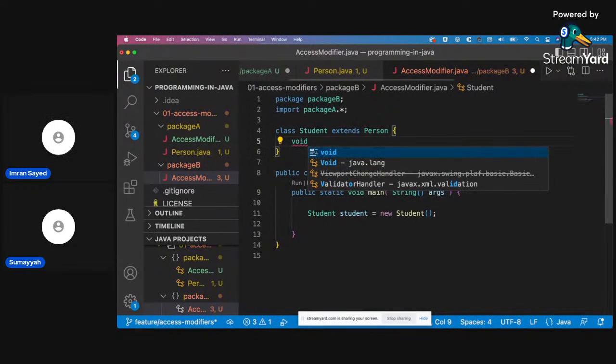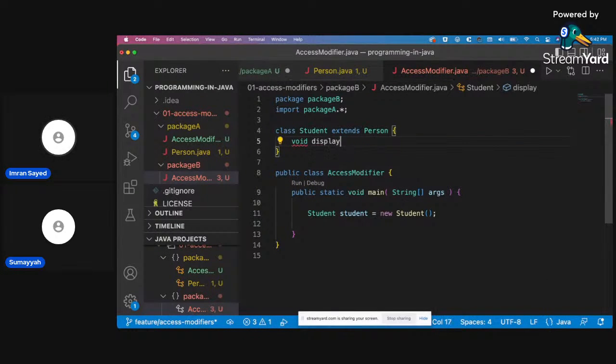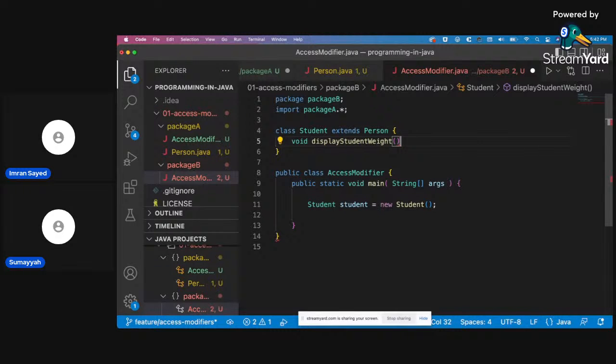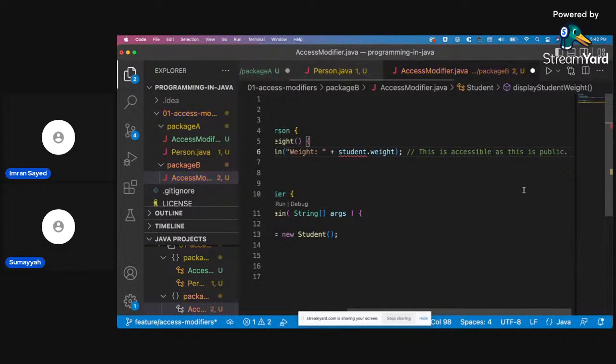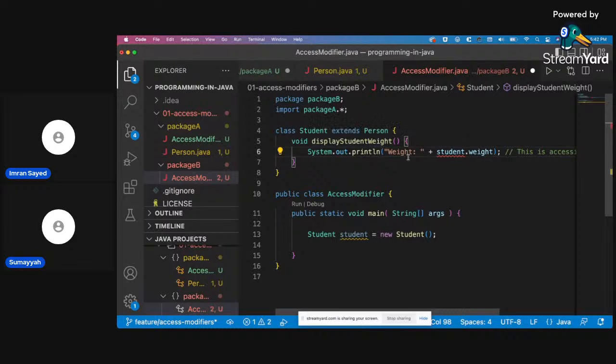So void display student weight, and so you have to access its properties. So will it be this dot weight? I think so.